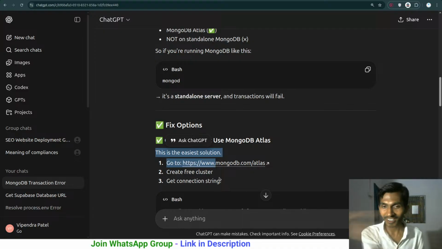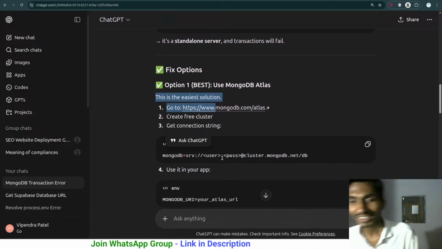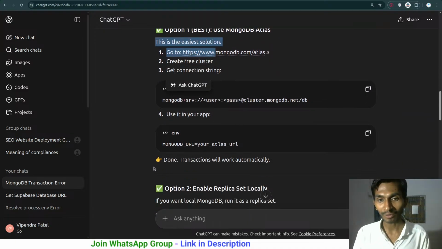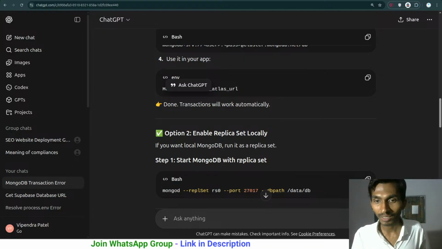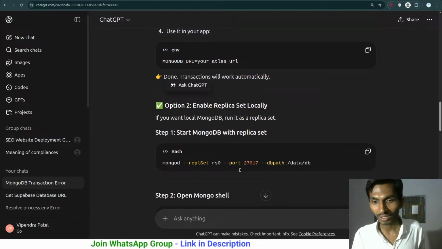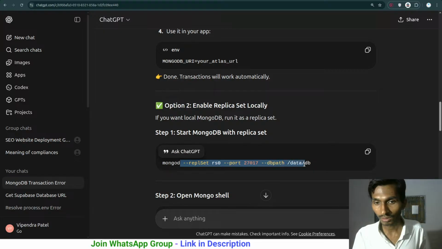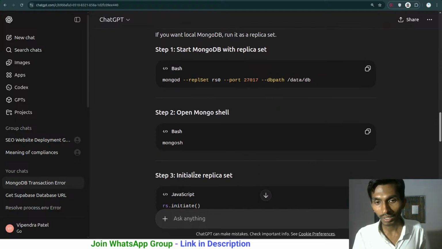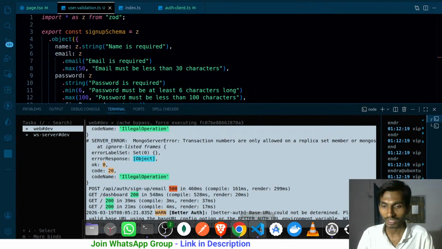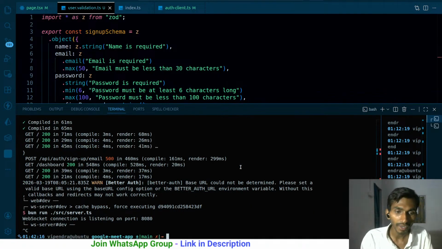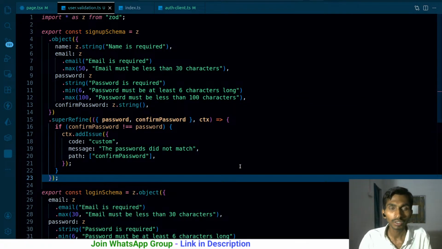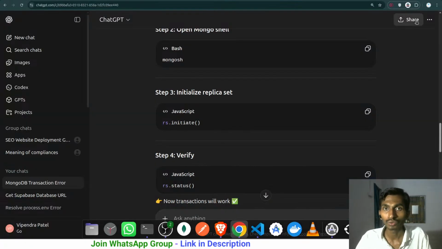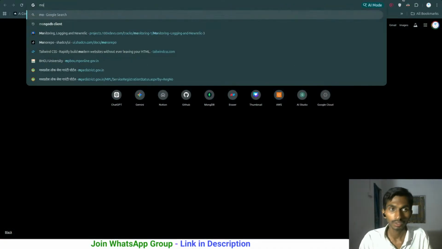Yay. Oh yeah, just a minute. How can I forget this? I'm gonna be getting the URL from there. The option to enable replica set locally, I'm not gonna be even enabling replica set locally. MongoDB replica set, this way it can be enabled. Let's not worry about this. Locally is the problem, right? Coming back to this one, closing everything, going to MongoDB Atlas,